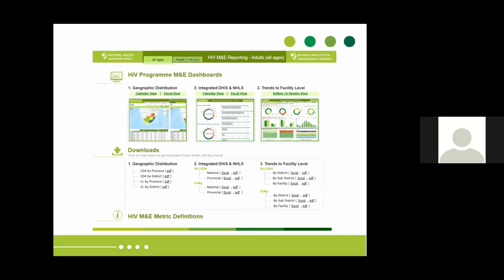If you look at the top, you can see that we can break this down by pediatrics, all ages. We then have a geographic distribution, which is number one, an integrated district health information system and NHLS data view, and then we have trends. And if you look below those three graphics, we have the opportunity to download data, whether that's in PDF or in Excel. And importantly, we also have metric definitions underneath. And certainly there's a lot of detail with the development of dashboards, and it's really important to provide definitions to